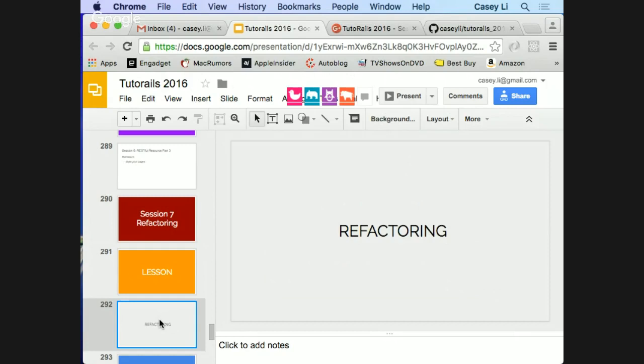Okay, so here is the lesson today. Refactoring, that's pretty much it. What we're going to do is change our code in ways that are not going to change our functionality, but make our code a little bit more efficient. I will say one thing about this lecture, though. What you're about to do is refactor your code